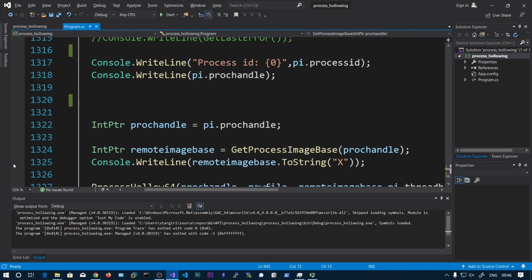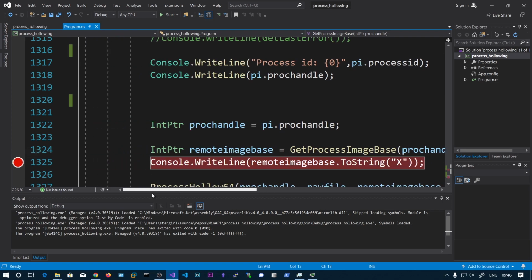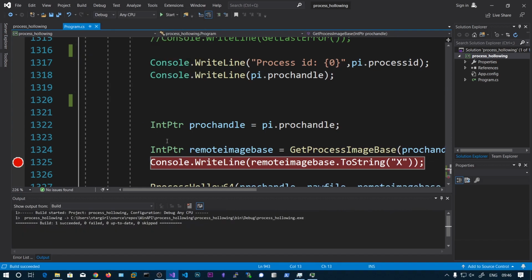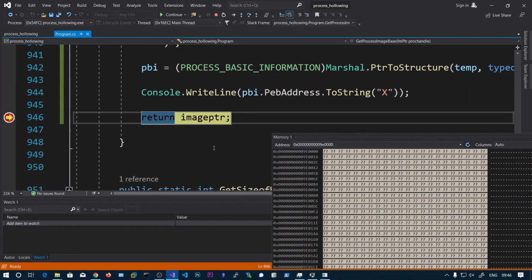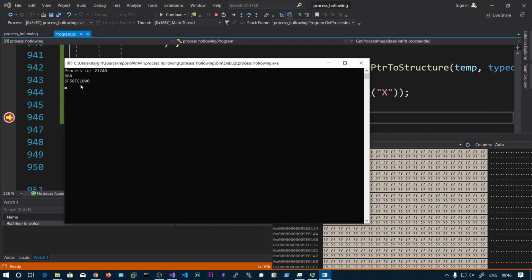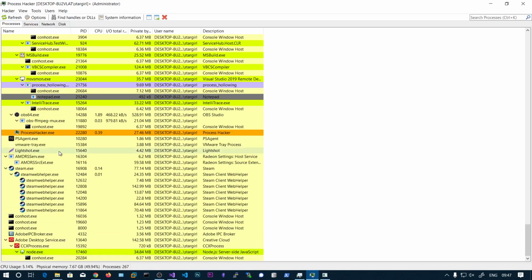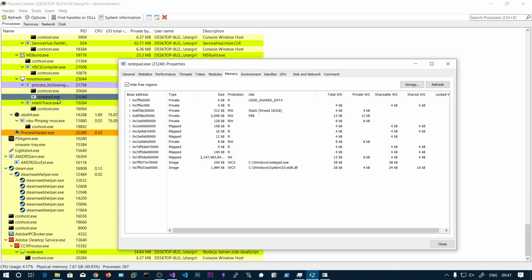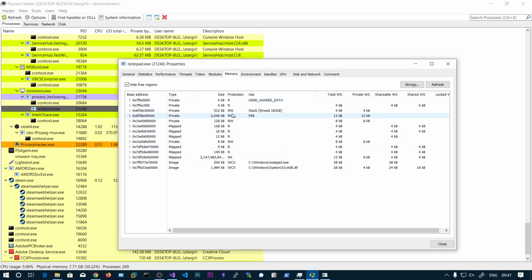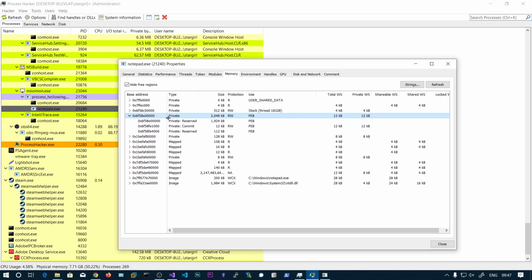So let's run this, and we should see the output address, that is the PEB address, and we can verify that using this Process Hacker. Go to notepad and memory, and here we should see the PEB. Here you can see the PEB, and if you expand this,